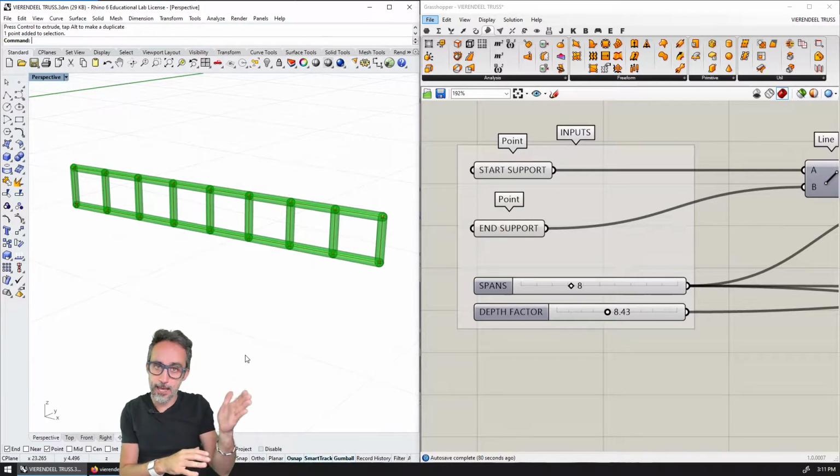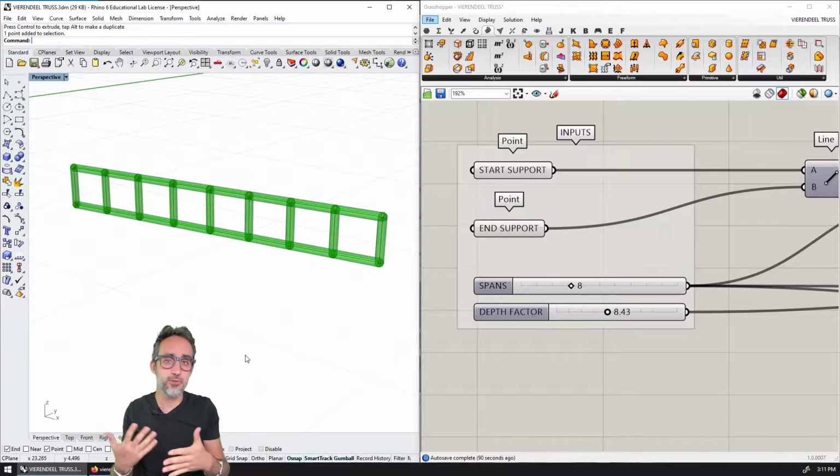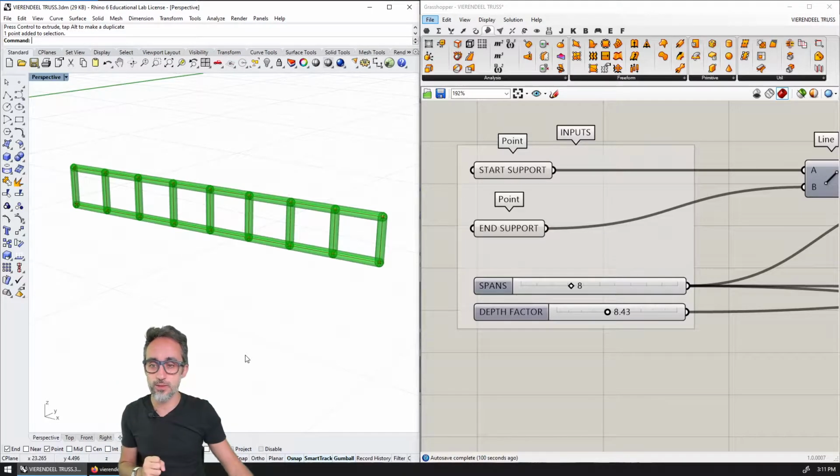In the next few videos, I would like to do some hands-on exercises to practice data manipulation and data matching. And for that, I thought that doing some spatial trusses would be a good exercise. So we're going to start with the simplest one that I can think of, which is a Vierendeel truss, which